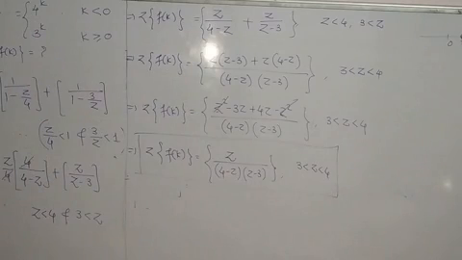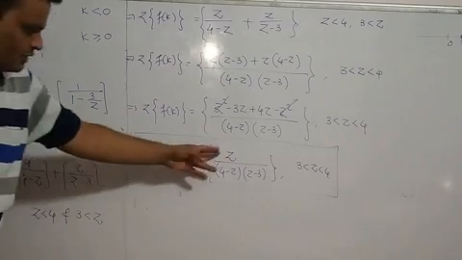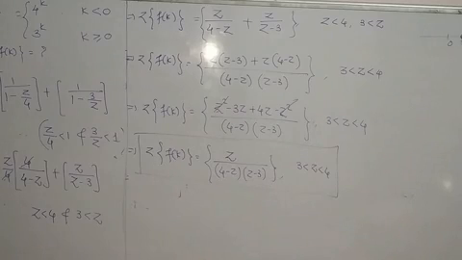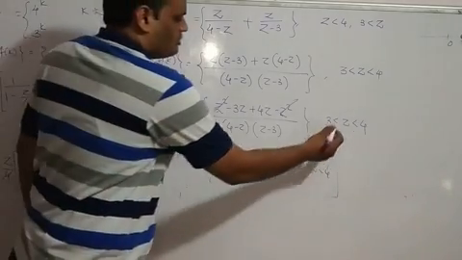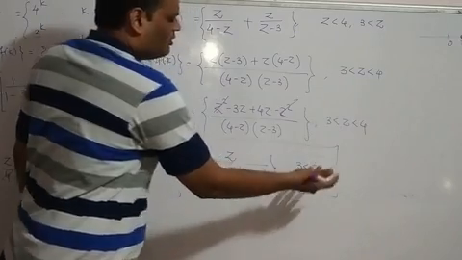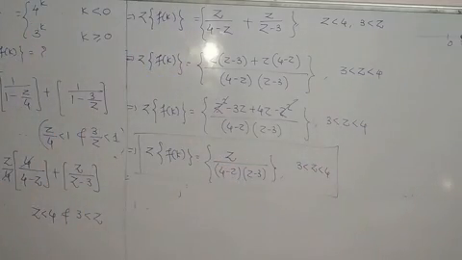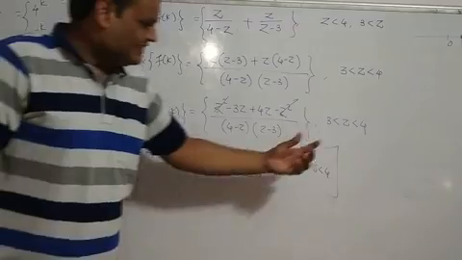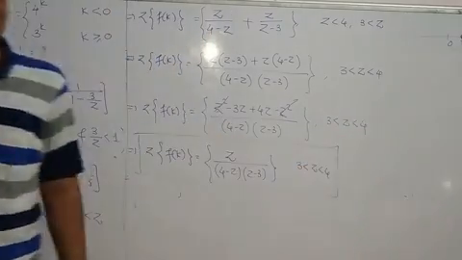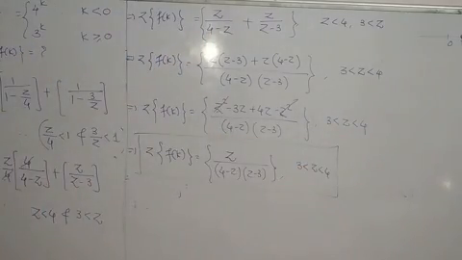Okay, so what is the z transform for this function? It will be z over 4 minus z into z minus 3, and the radius of convergence is 3 is less than z is less than 4. Now sometimes you can write mod z or simply z. Here z is positive in between 3 to 4, so I didn't write it as a modulus sign. Okay, so that is how we solve the z transformation for a given function.